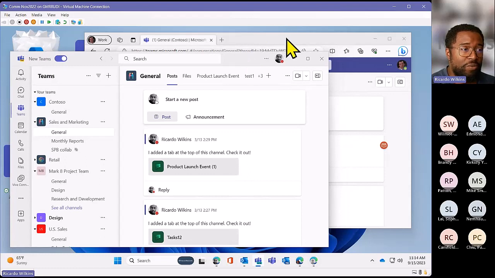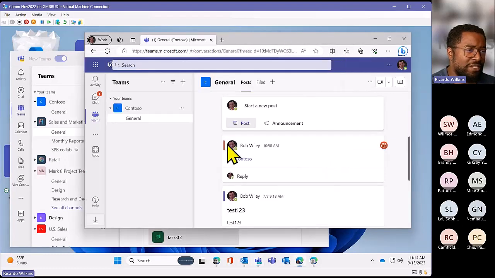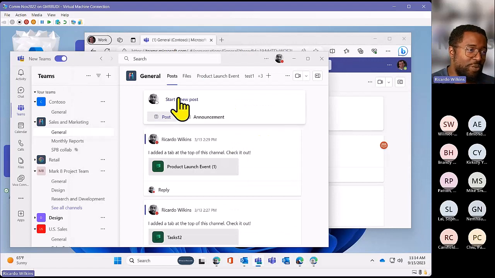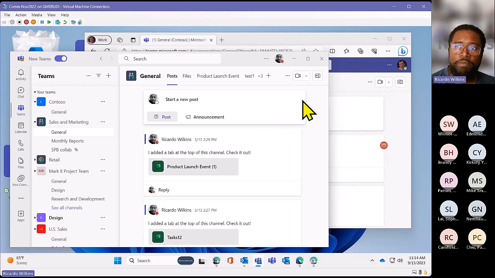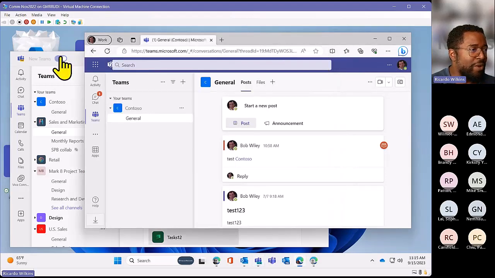The other thing that I wanted to show, and I think I may have shown this to some degree before, and so this is kind of Ricardo's two big likes about the new experience. One is this top to bottom, start a new post, no more confusion in terms of replies. That's one piece. But this idea of trying to minimize context switching is the other cool feature, and I can show that by way of